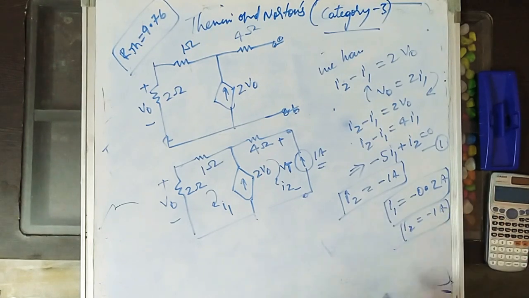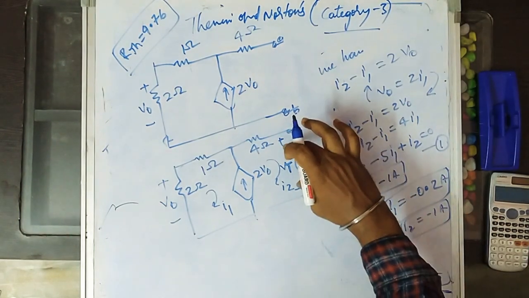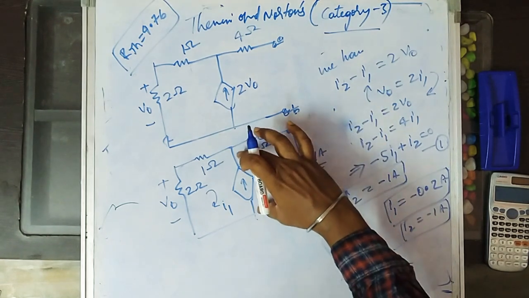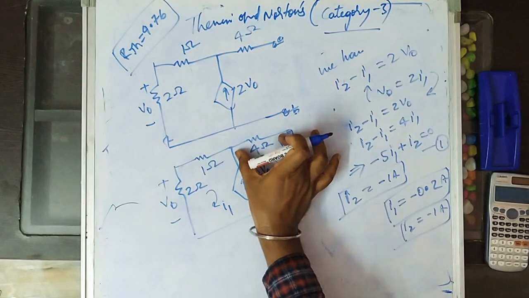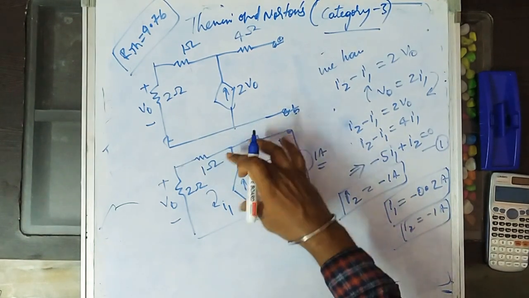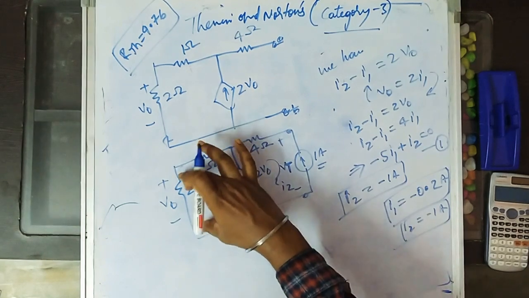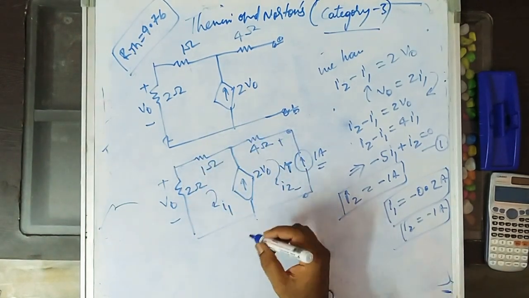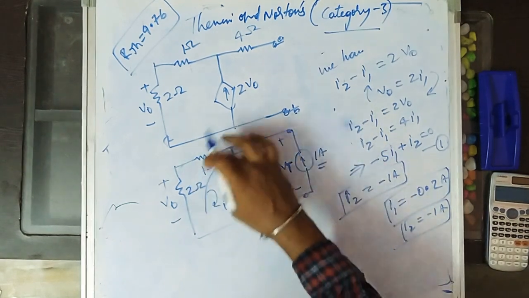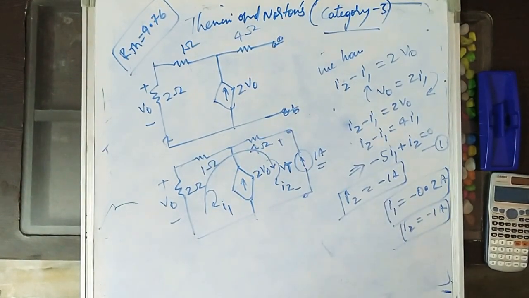Keep these values aside. But mainly what you need is the voltage here. That is the voltage here, the sum of the voltage drops across this branch and this branch. To find the voltage across these two branches, instead of that, for finding VT, we'll write a total loop equation.